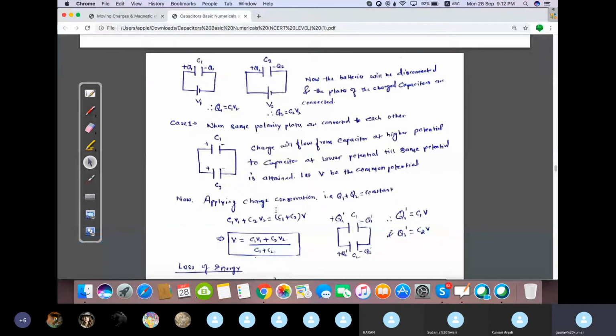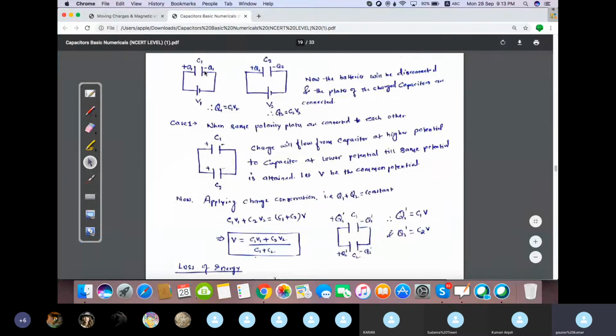Okay. So the topic is when you charge, let's say, two different capacitors. Let's say I'm charging C1 and C2. First is charged with a voltage of V1 and second is charged with a voltage of V2. This is what I have shown in the diagram. Obviously on this plate you will get a charge plus Q1, on this you will get a charge minus Q1. Here you will get plus Q2 and minus Q2.